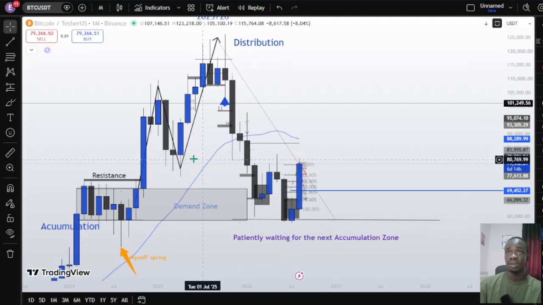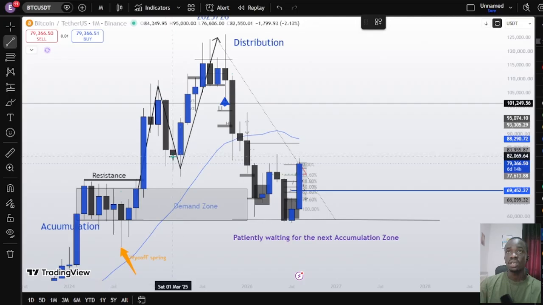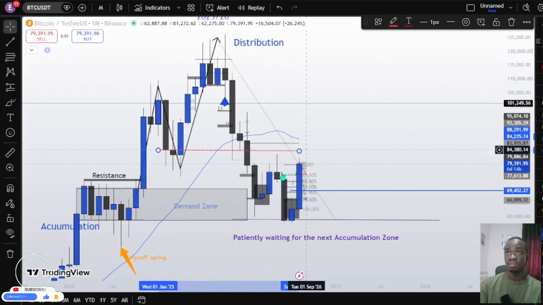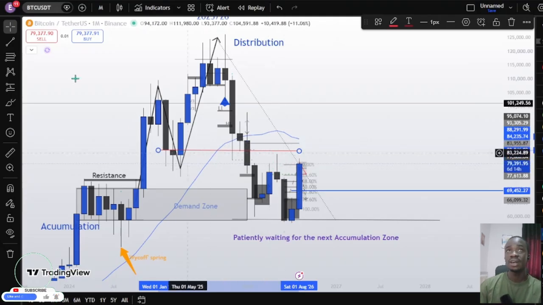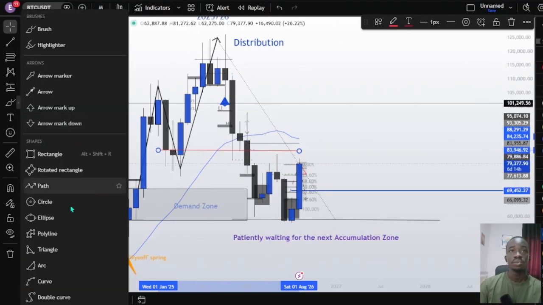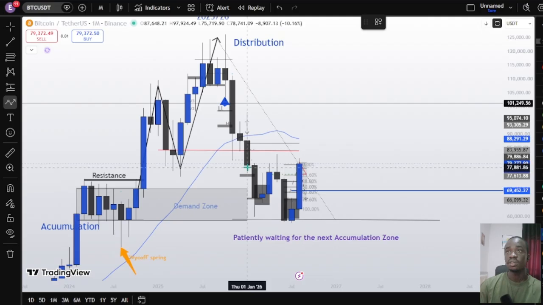I'm talking about this particular zone here right now. I'm just putting a line to that. So talking about this particular zone, here's a resistance around this point. Another thing to now also take note of is the fact that if you look at this monthly candle, it looks somewhat like this,